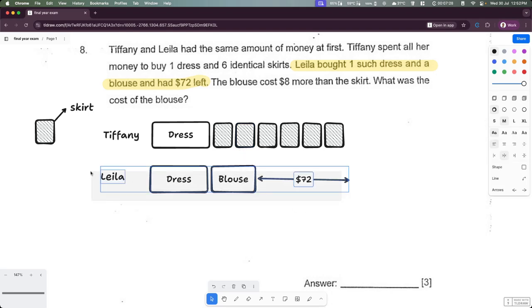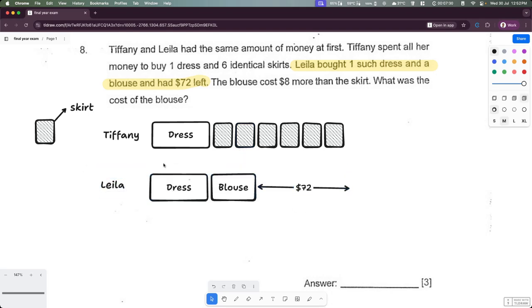So if I were to move this a little bit down, with the line over here, we have one skirt, and this over here is essentially $8, right? That's what we see over here. So the difference between the blouse and one skirt is around $8. So what was the cost of the blouse? So essentially,